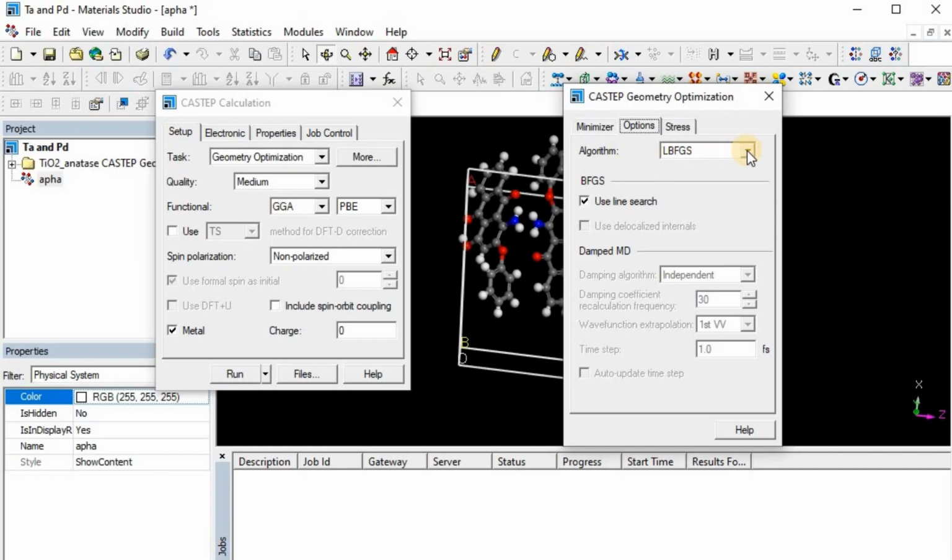In algorithm, we have different options: LBFGS, BFGS, damped MD, and TPSD. These are all different algorithms for calculations, in which we have different checkboxes. Whenever we select LBFGS, we have a checkbox with use line search. This basically ensures each step reduces energy safely. Through this, we can improve stability of calculation. And if you select BFGS,